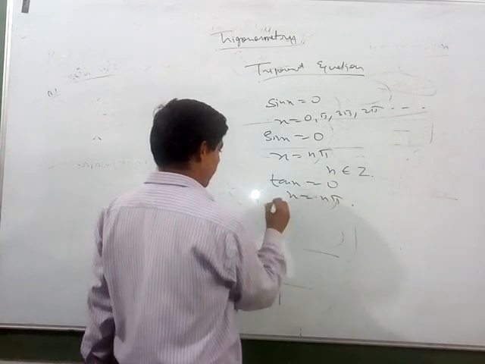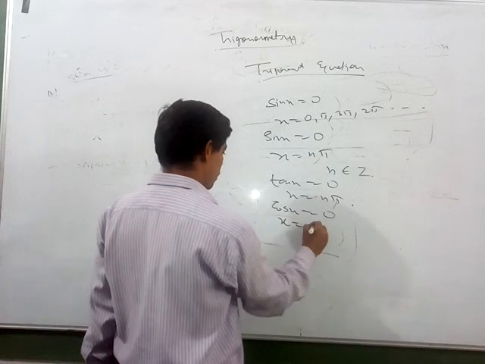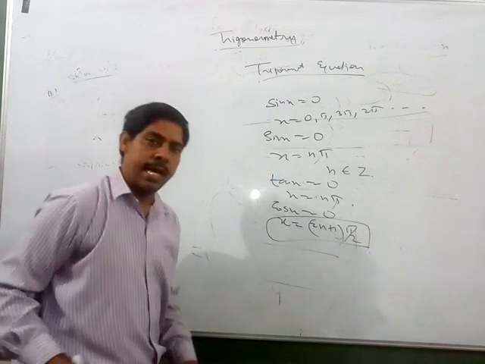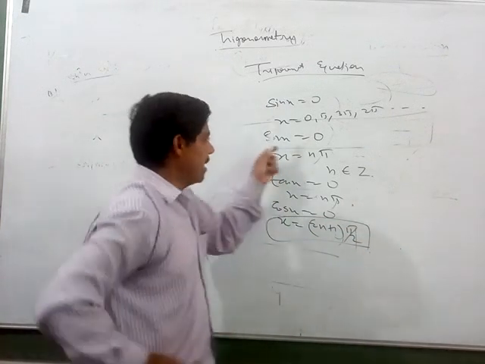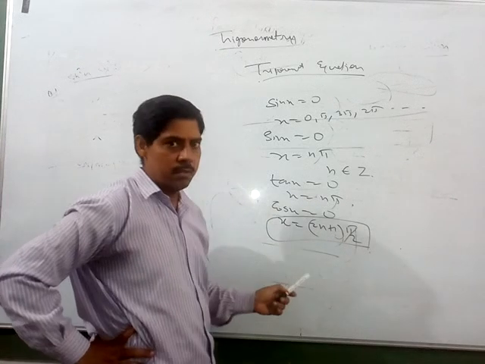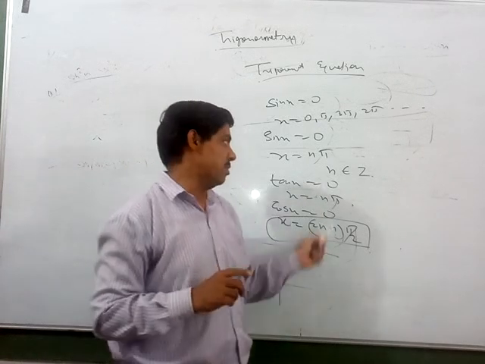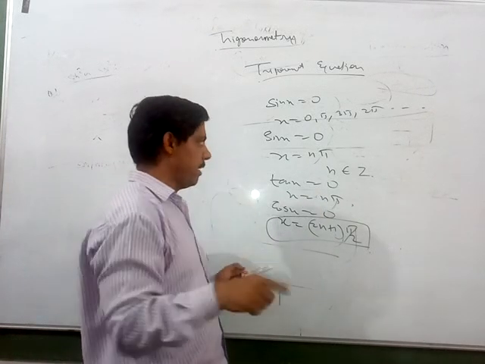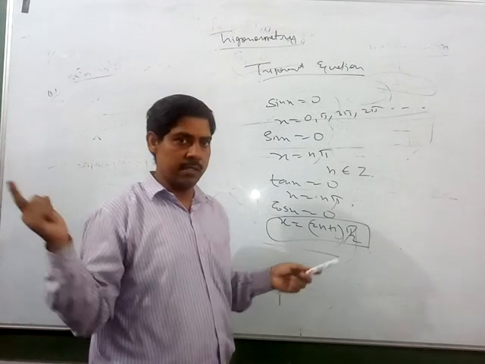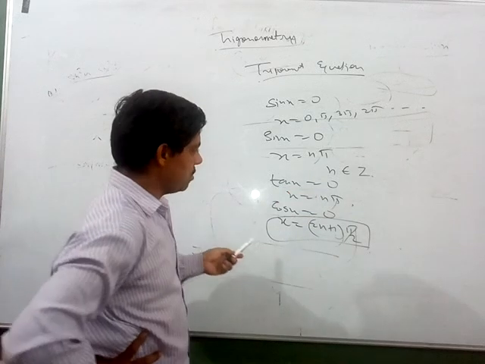This is the answer. And I have already told you, even for tan x is 0, x is equal to n pi. If cos x is 0, we will write x is equal to (2n plus 1) pi by 2. So you should know sin x is equal to 0, tan x is equal to 0, cos x is equal to 0, x is equal to (2n plus 1) pi by 2. These are called general solutions. Means in a particular 360 degrees, there are some answers, and when you repeat it n times, there are infinite answers. These answers are all written with some integer n, and these are known as general solutions.